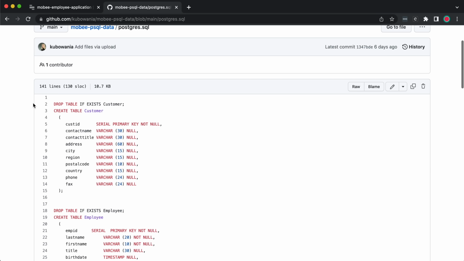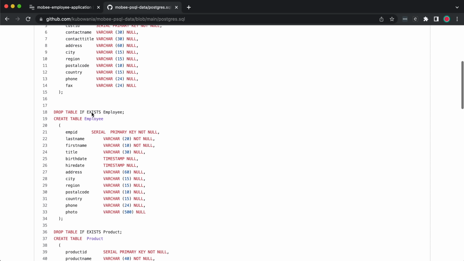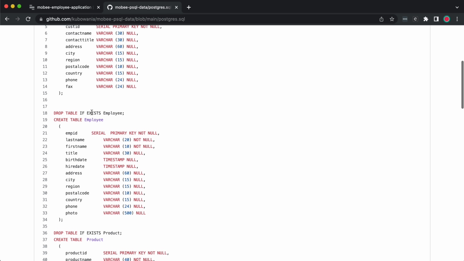I've gone ahead and written some code to create a table for the customer. So each customer is going to be represented by a customer ID, a contact name, title, address, where they live, and a way to contact them. I've also done one for the employee, which is kind of like the customer. However, it has more information as each employee at my company has an employee ID, a first name, last name, title. We also store their birth date, you know, just for fun, if we want to send them some birthday notifications, their hire date, as well as where they live and how to contact them,